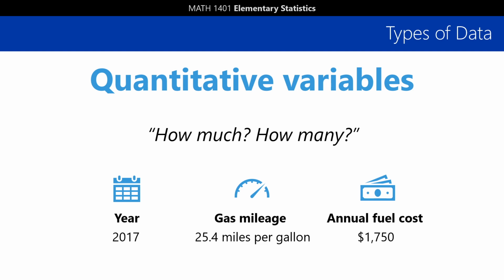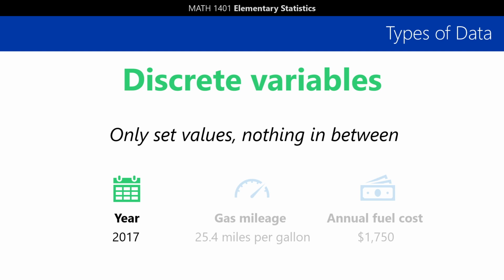Sometimes we subdivide quantitative variables further into two subtypes. On one hand, some variables are discrete, which means they can only take on certain set values and can't be anything in between. The year of a car is one example, since the year could be, say, 2017, or it could be 2018, but it couldn't be, say,